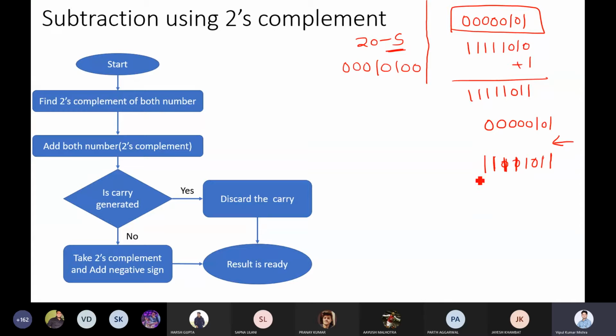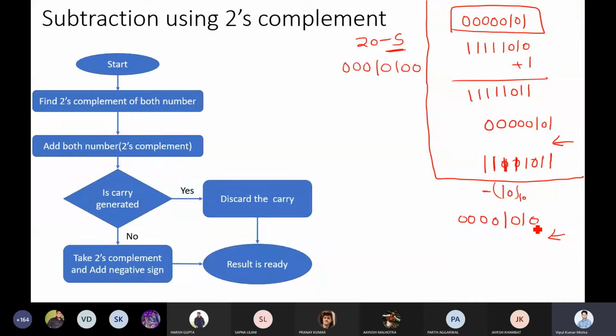Okay, let's take another example, then it will be more clear. Suppose I have a number, let's say 10, that I want to convert. It is in decimal. I want to convert into minus 10. Let me take minus 10 to the 2's complement, because plus 10 will remain the same. If it is minus, then only 2's complement or 1's complement comes into the picture. So now suppose we have minus 10, then it will be 8 bits, this one, and then you will have 4 zeros. Now as I said, you start from here.